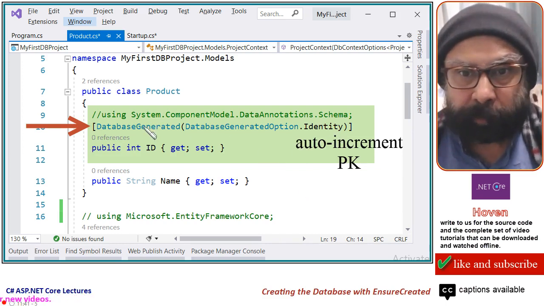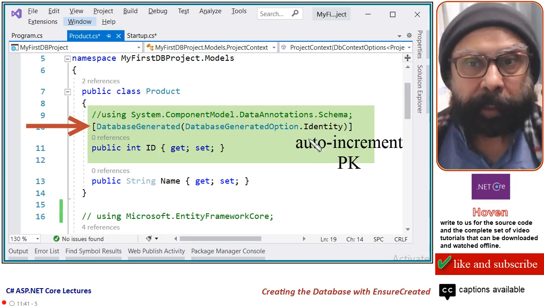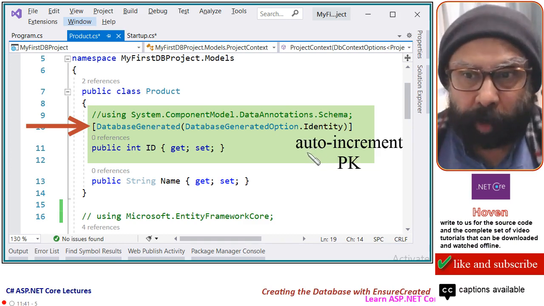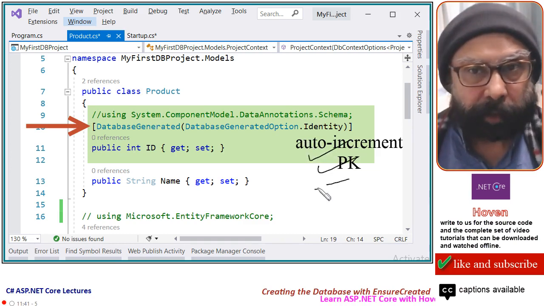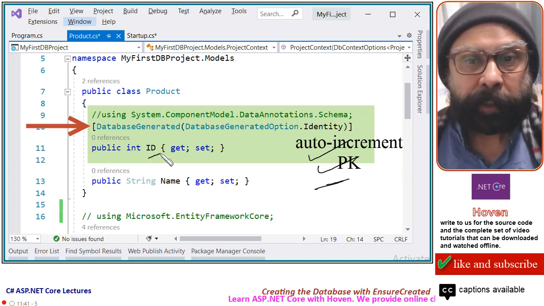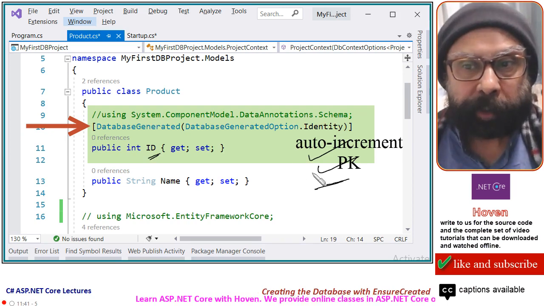This attribute, DatabaseGenerated, DatabaseGeneratedOption.Identity, tells the Entity Framework Core that this key is an auto-incrementing primary key. When a new record is added, it will automatically increment by 1, so it is going to serve as our auto-increment primary key.